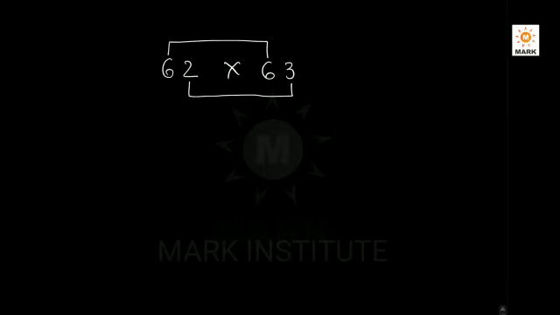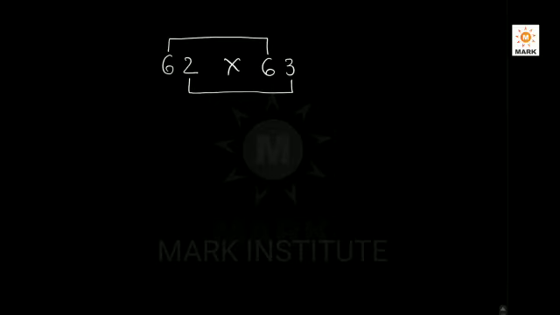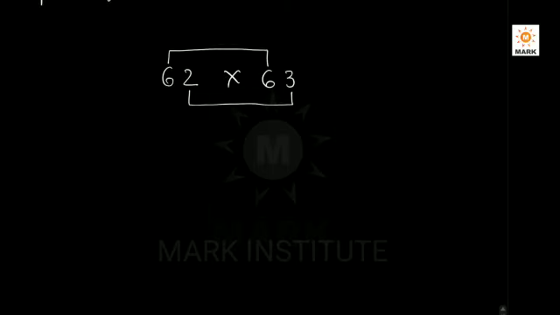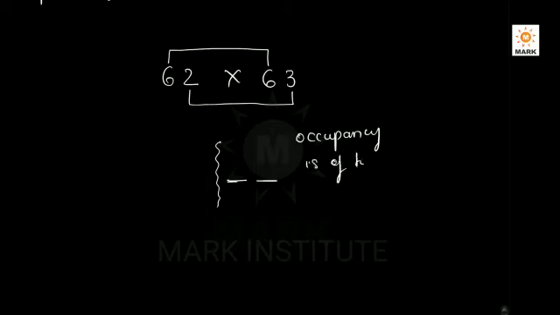Let me tell you. First of all, you have to divide your answer into two parts. It is all about multiplication only, not necessary to worry much. Divide your answer into two parts, the right side part and the left side part. First, let us discuss the right side part. The right side part occupancy should always be 2 digits.